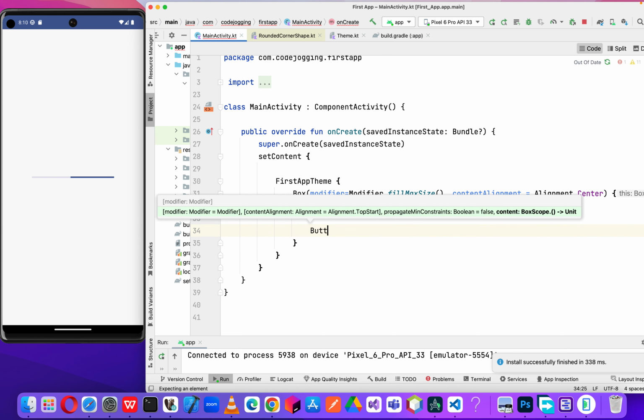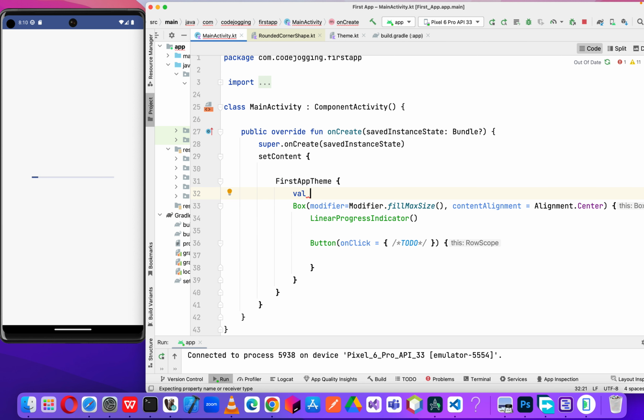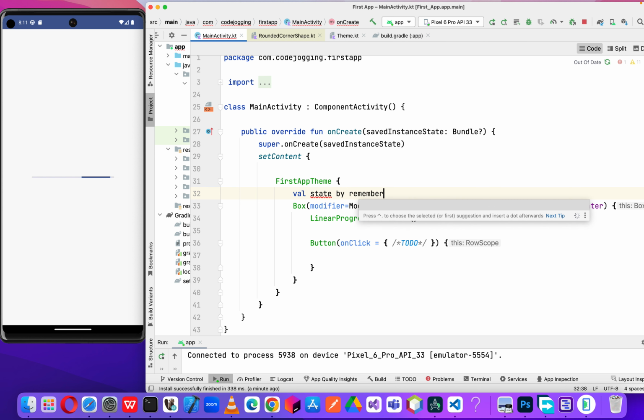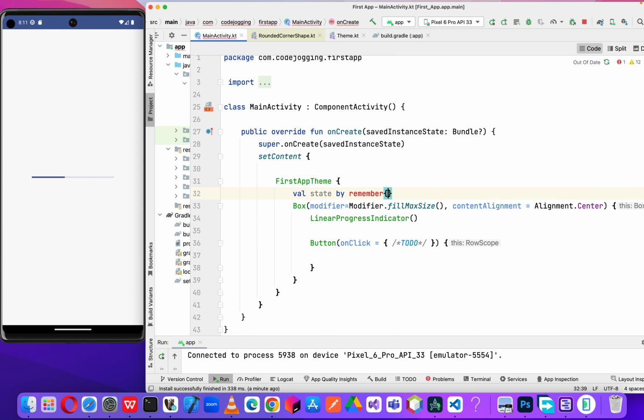So let's call a button. Okay. So for us to achieve that, then you have to declare a variable, let's say state equal, let's use by, remember. We are going to use the state remember, and then you have to import it,